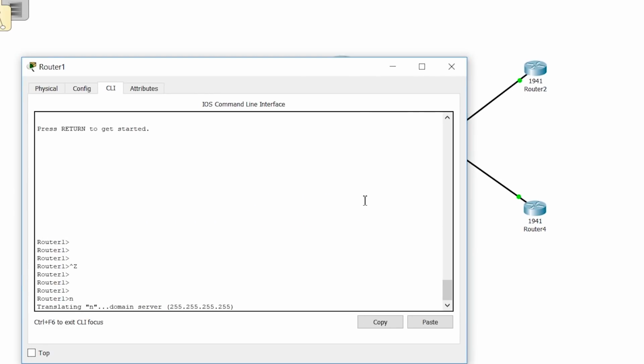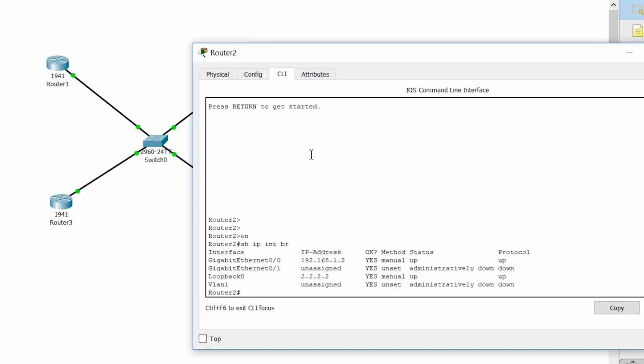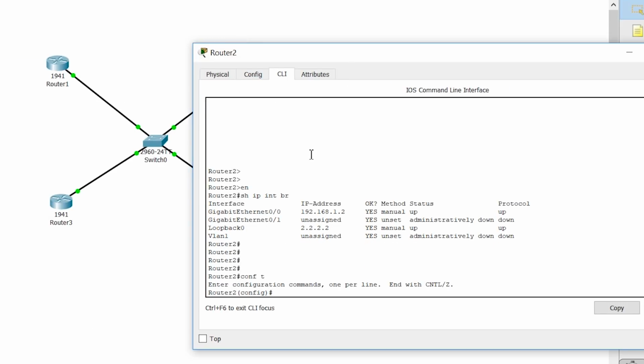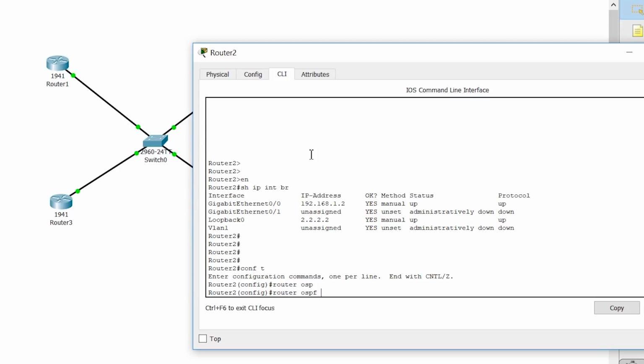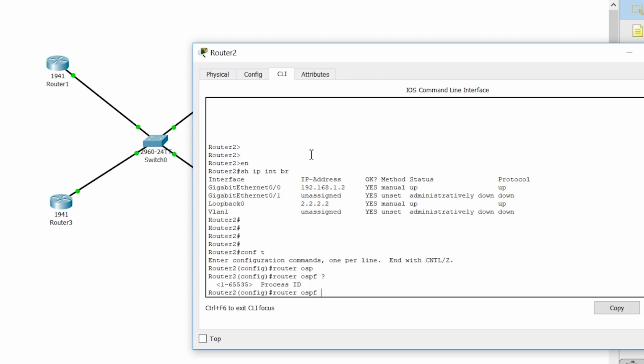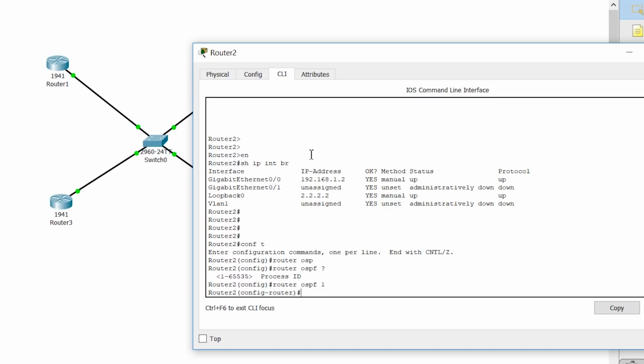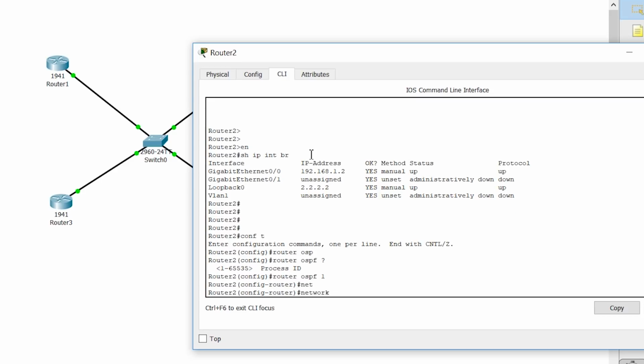So let's quickly go. Let's go to router 2 and start with router 2, config terminal. So how did we do for RIP? If you remember, router RIP, right? So OSPF also similar thing. It says router OSPF. After that, we need to put a process ID. Process ID goes any number from 1 to 65,535. So let's do router OSPF 1, and we give a network command, network